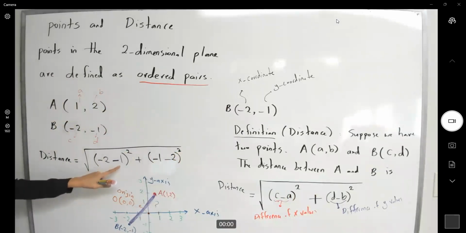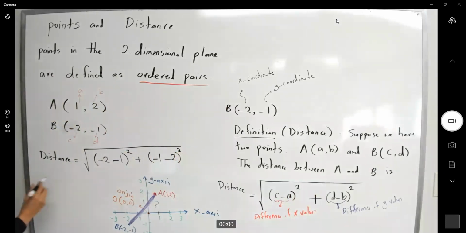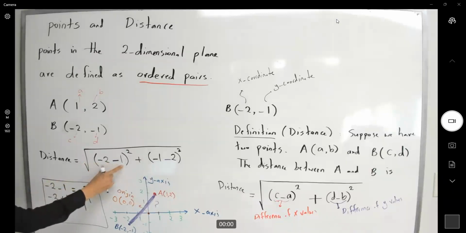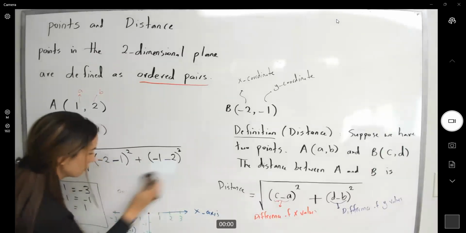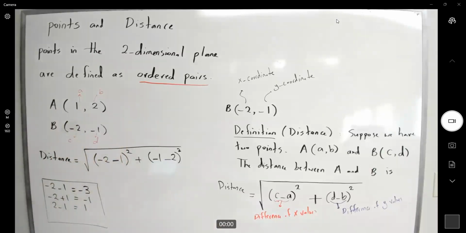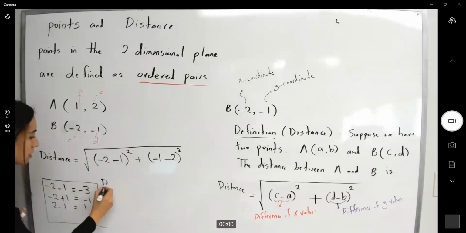-2 minus 1 is -3. Guys, recall that. -2 minus 1 is -3. -2 plus 1 is -1. 2 minus 1 is 1. Remember these. So -2 minus 1 is -3, so the distance is